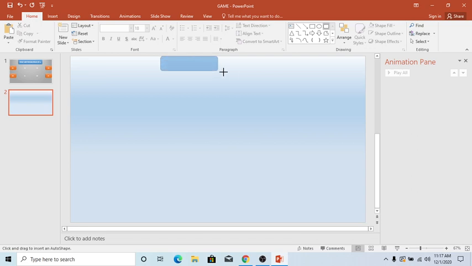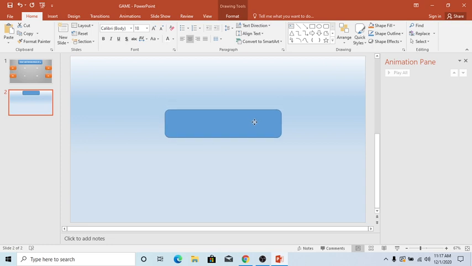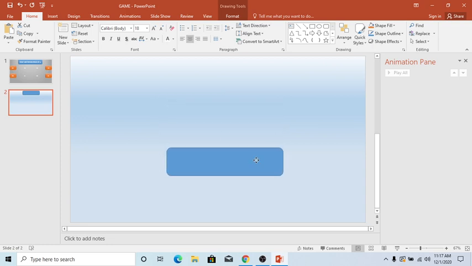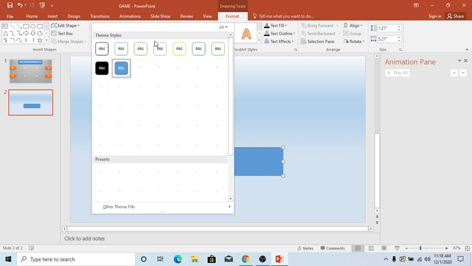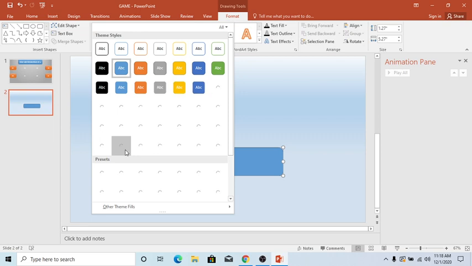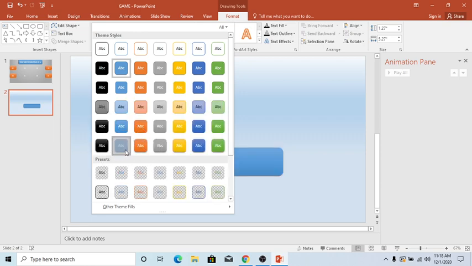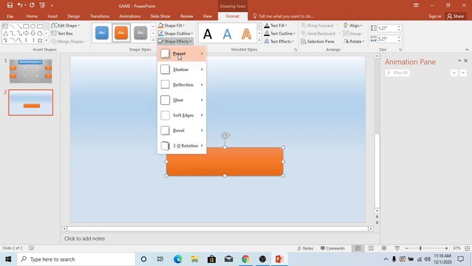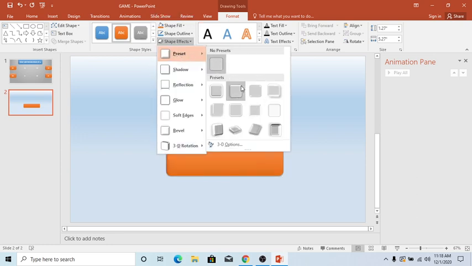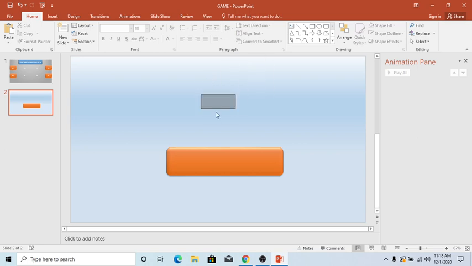So we click on a shape and we create a shape, and here what we are going to do, we are going to drag it to the center, and then click on format, and then we go to the styles, click on any style of your choice. I have clicked on this particular style, and then I go to the shape effects preset, the second button, and then